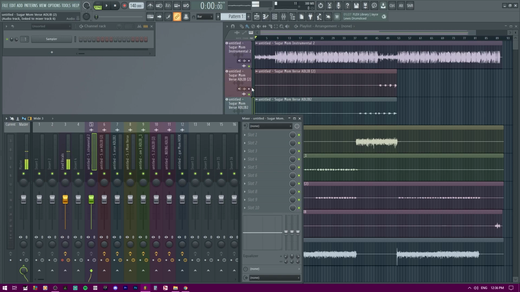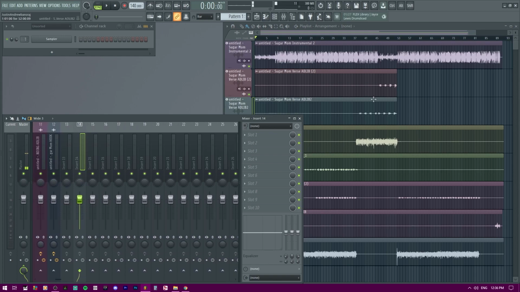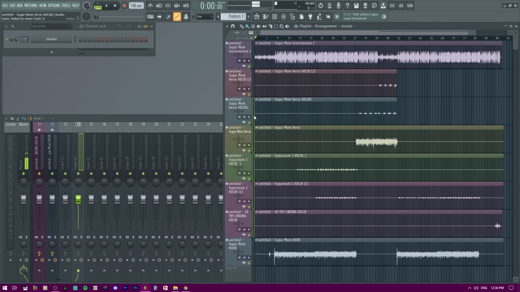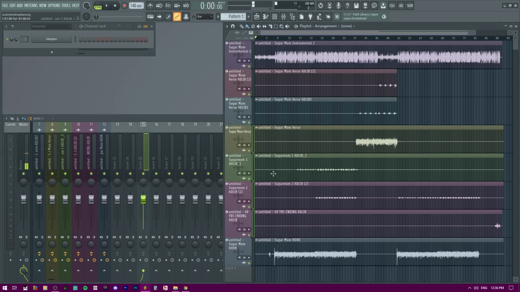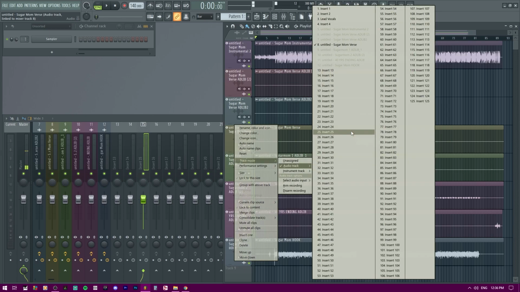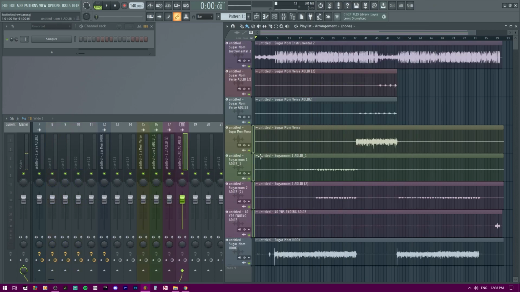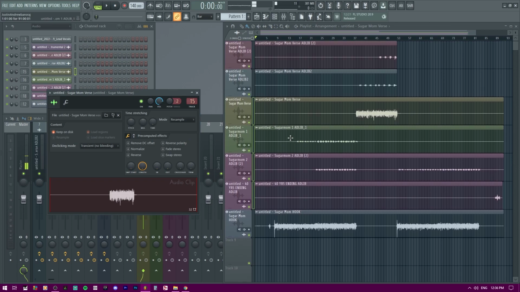Now, there are some issues with this that I want to show you guys and girls right now. I don't know if it's just me, but let's say, for example, we want these four, 1, 2, 3, 4, into like insert 15 and on, right? So it's already in a track. Let's go to 15. All right, 15, 16, 17, and 18. So here is 15, right? And let's say I don't want it.